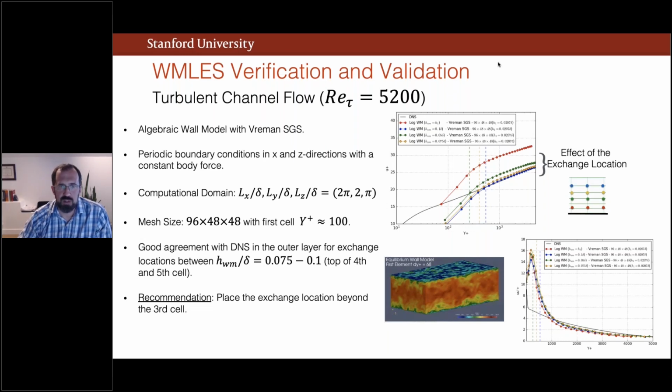In particular, on this slide, we can see the influence of the exchange location on the performance of the wall model. In general, it is recommended to place the exchange location at approximately 10% of the boundary layer thickness, and then refine the LES mesh such that this falls above the third or fourth point off the wall. That is just a general guideline, and you can see in this plot the effect of the exchange location on the log layer match in the plane channel case.